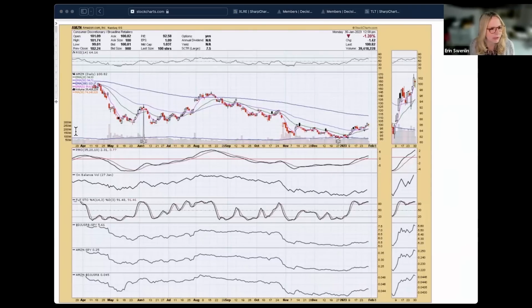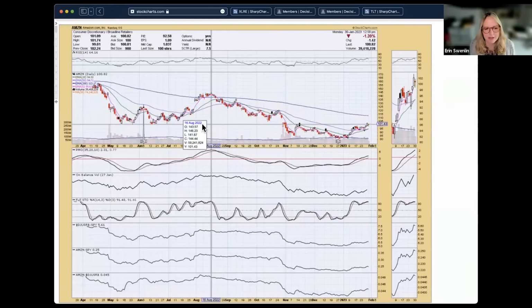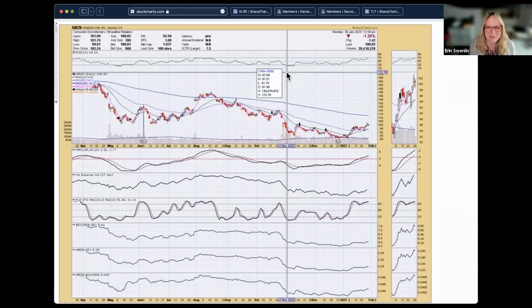I don't know when the actual earnings date is. Let me just do a quick check over here. It says that earnings are going to be in 2 days, February 2nd. So I do like Amazon. You could certainly take the chance because we did get the breakout here. But I don't know. Earnings are always a scary thing. So I don't know that I'd want to be holding. I really would just want to know what they're going to be and how the street reacts. I don't like to get in before earnings and take that chance. Sorry, I'm not very helpful there.